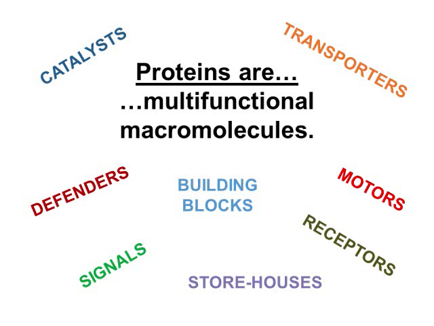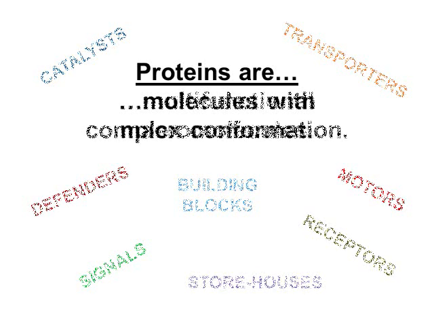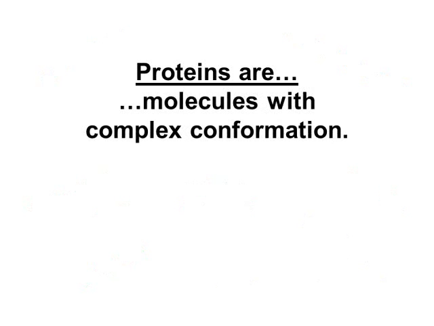There are a lot of examples of this, but if you've heard of antibodies, they're a type of defensive protein that we have. And this isn't an exhaustive list, and I hope you caught the nuance that some of these categories like transport and building block and storehouse can have many different features to them. The bottom line is proteins have a lot of different functions. And the only way a single group of molecules can have many functions would be if they have extremely complex shapes or conformations. So simply stringing a bunch of amino acids together in a polypeptide using peptide bonds does not